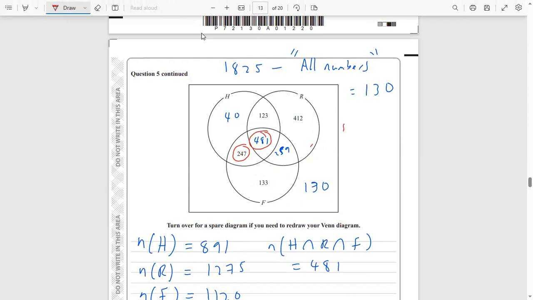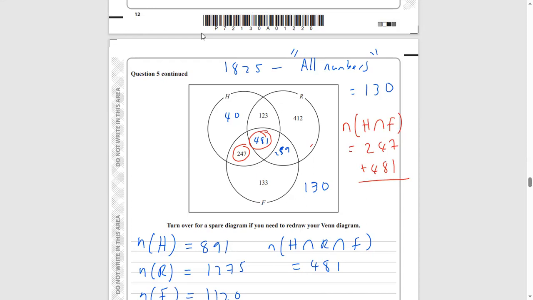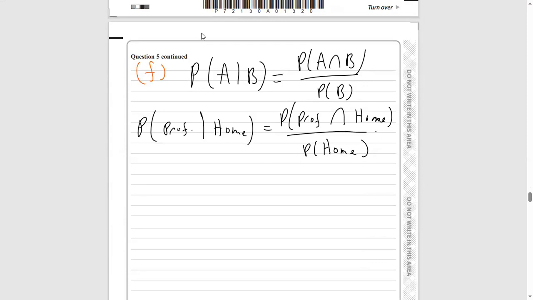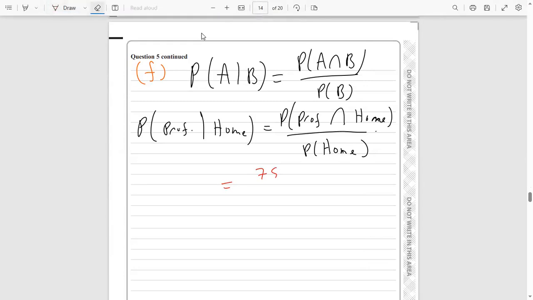So the number of people, again I'll use N, N stands for number, in H intersection F is going to be 247 plus 481. If we add those two numbers up, that's going to be 728. So we've got 728 people who work from home and are professional at the same time. So we know the probability that someone is professional and works from home is going to be 728, that should be a 2 there,